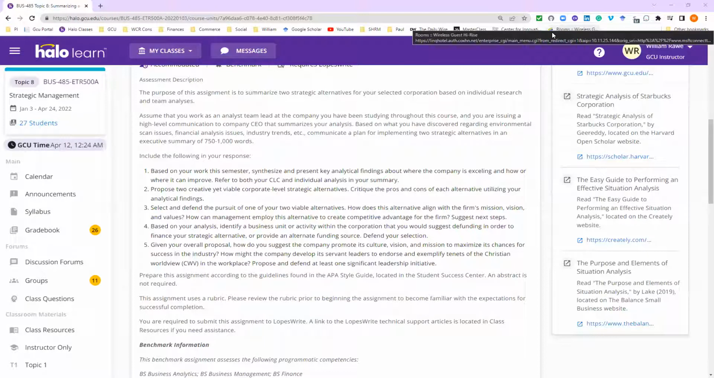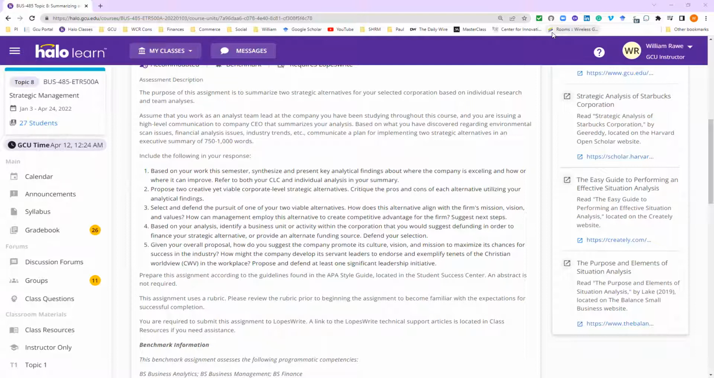Okay, so the very first thing you need to understand about this assignment is you are writing to the president, the CEO of the company. That means he already knows about the company. You don't have to explain to him what your company is or what they're all about or their goals and their visions. You need to jump right into your analysis of two